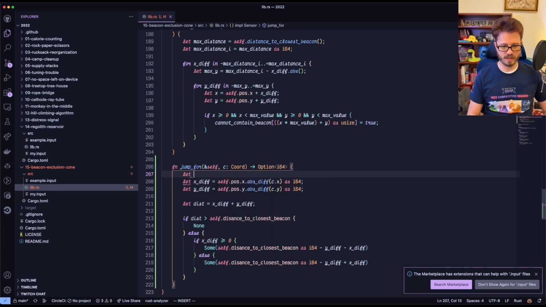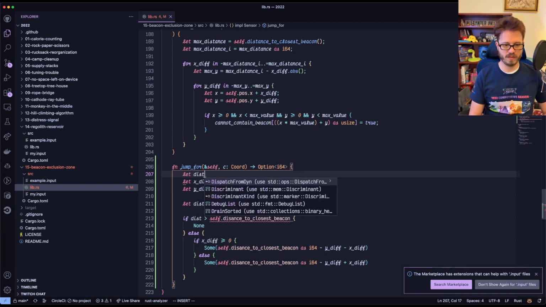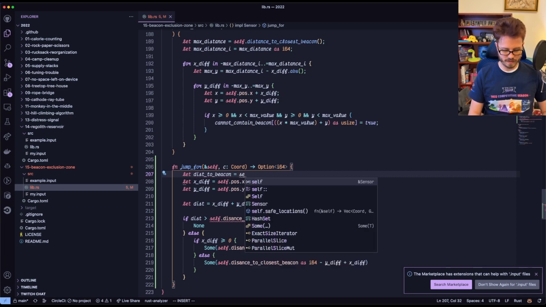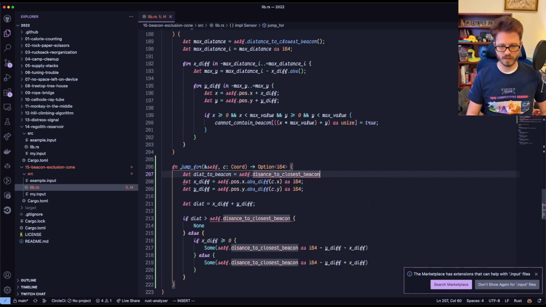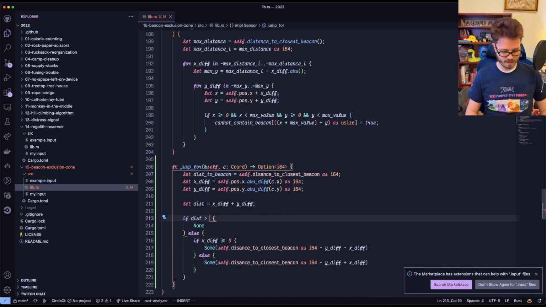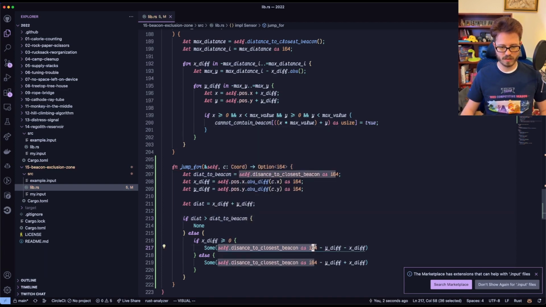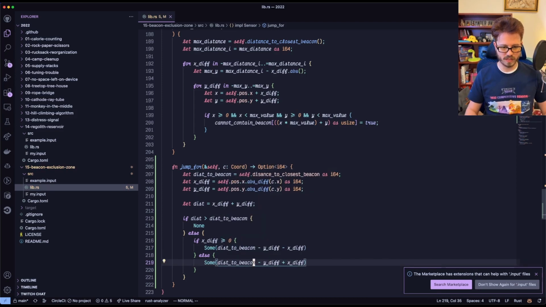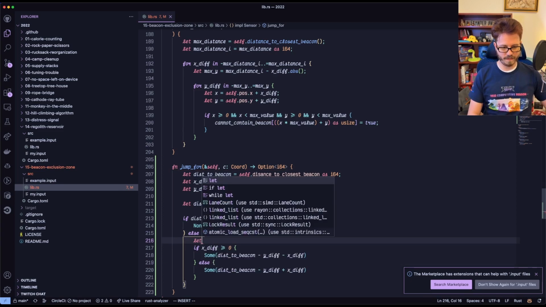Open let close dist to beacon equals self dot distance equals beacon as I64. This is dist to beacon. This is distance to beacon. This is dist to beacon. And actually I should do let